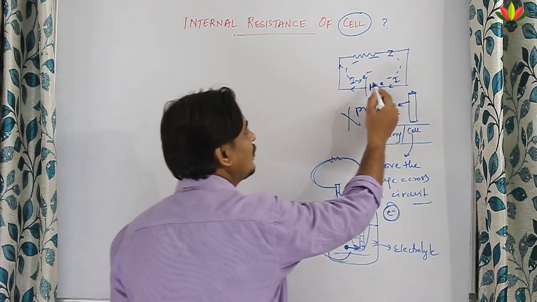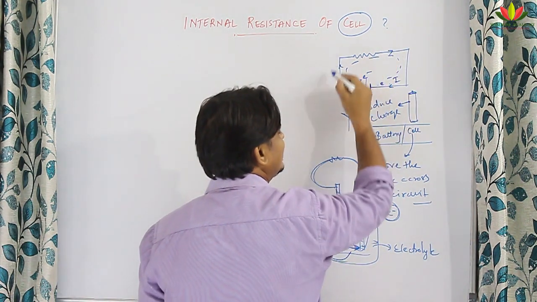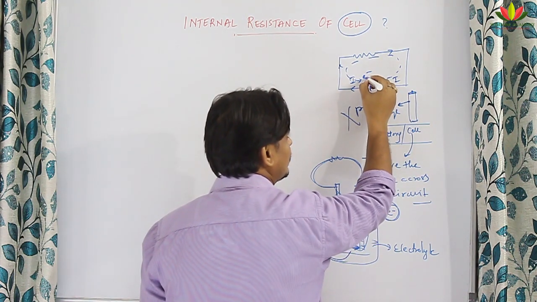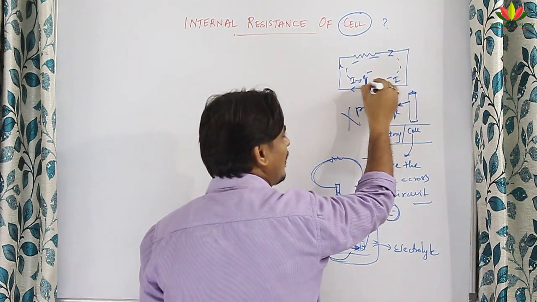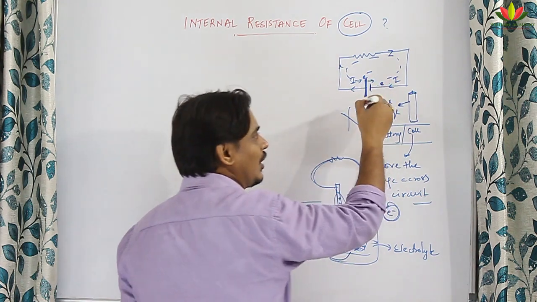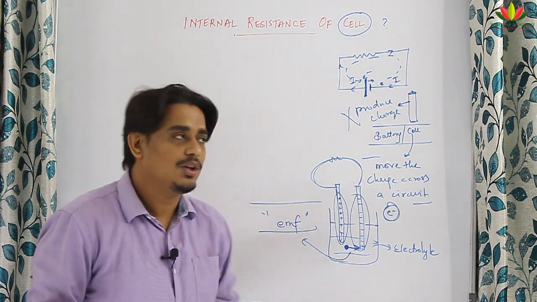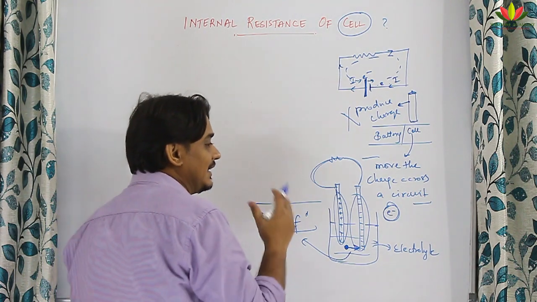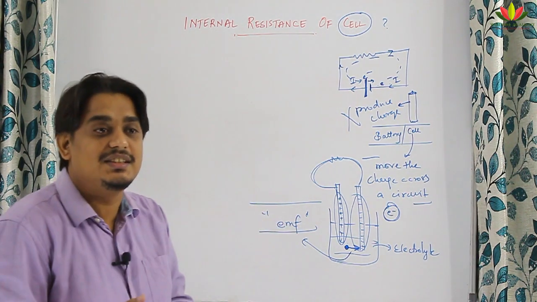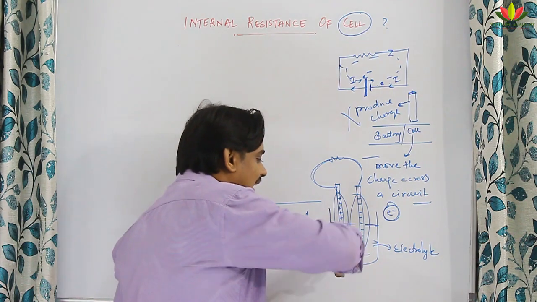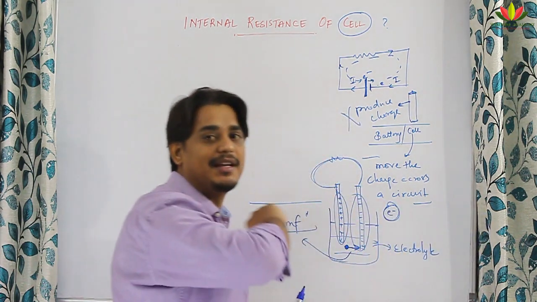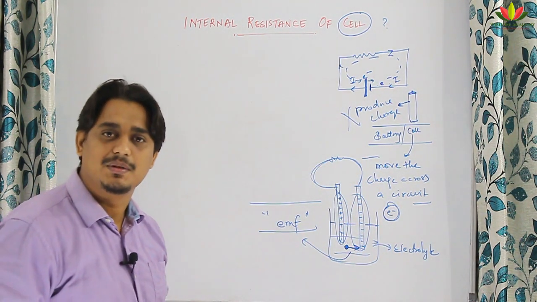So I said the electron is moving. The electron has to move and reach here. The electron deposited on this positive terminal has to come back to the negative terminal, right? Now coming from positive to negative is not possible by itself. So there must be some force, there must be some energy which has to be given, and that will take it and make it move to the negative terminal.